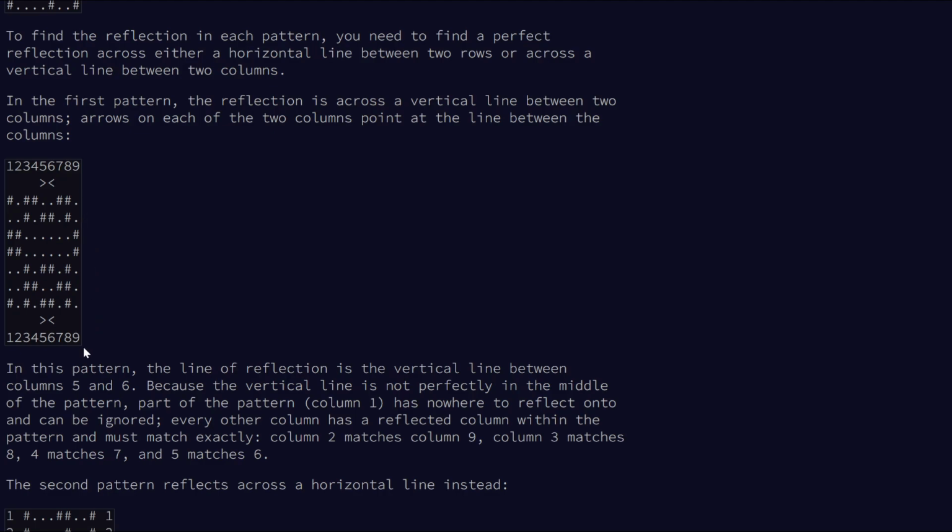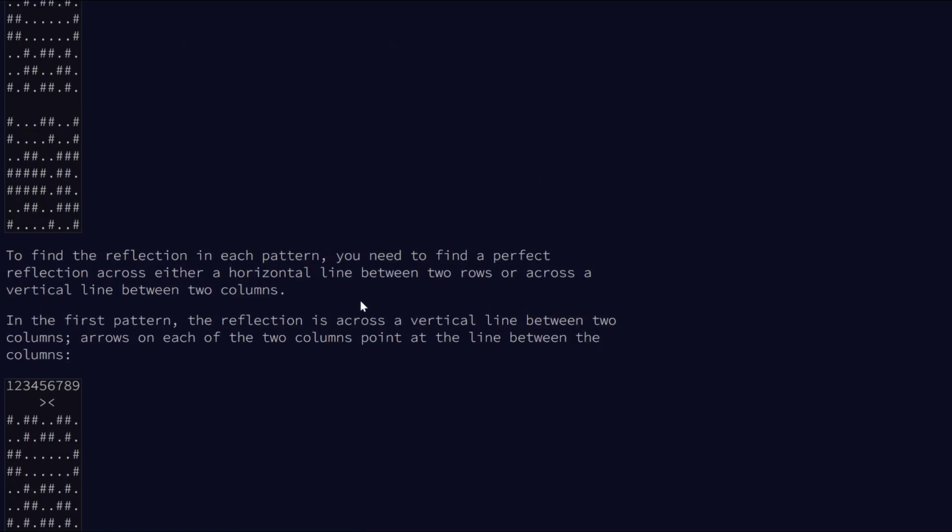The line over here after column 9, which is empty on the right and has the whole thing on the left, and we ignore the whole thing. That's a perfect reflection, right? Likewise, left of 1, a line here would have nothing on its left, and the whole pattern on its right would be ignored. But okay, I guess they are just